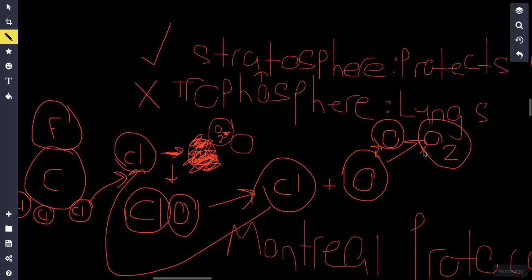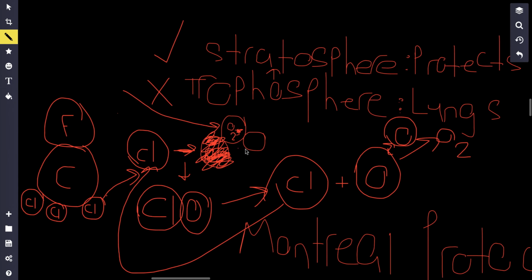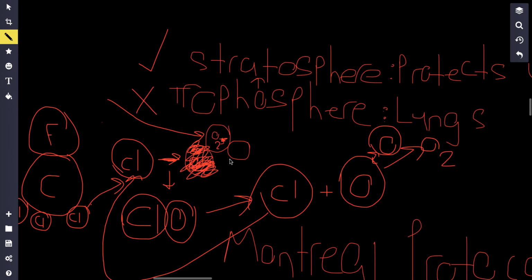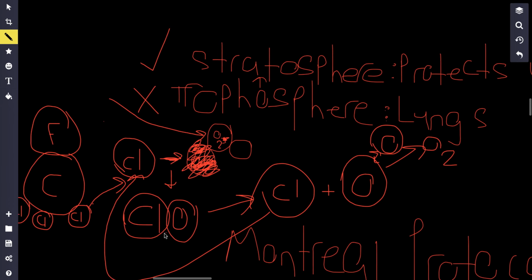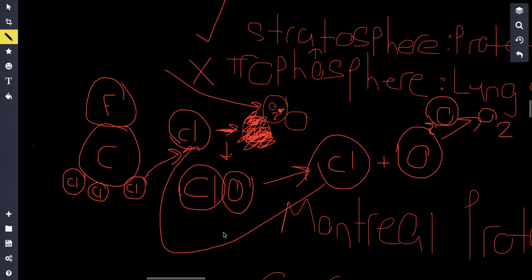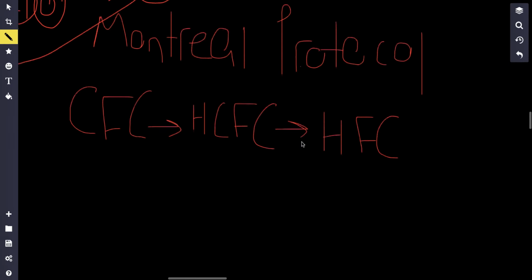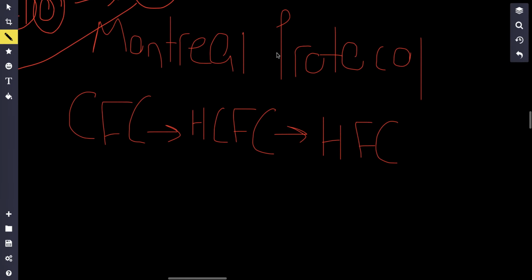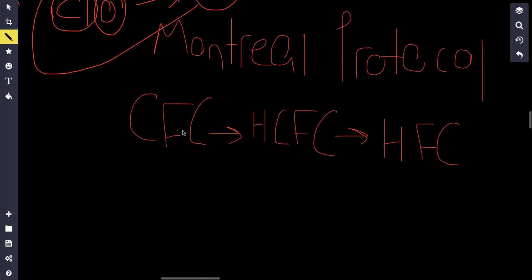We need oxygen to survive, but the thing is that we're taking all of this ozone and turning it into oxygen. We're depleting the ozone layer, and that's bad because more of the UV radiation will hit Earth. This cycle just gets worse and worse with CFCs, especially since they last long in the atmosphere. So there's something known as the Montreal Protocol, made in, I'm pretty sure, 1987, and it basically phased out the use of CFCs.